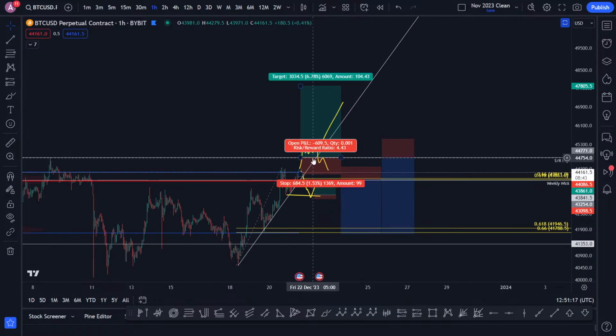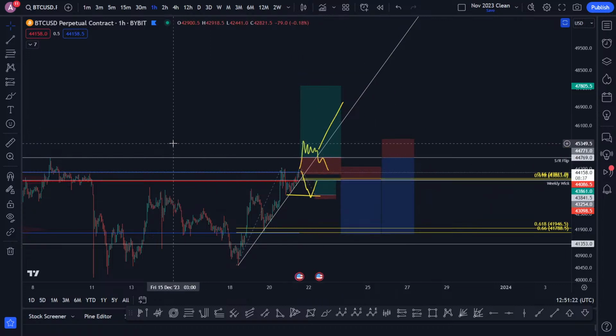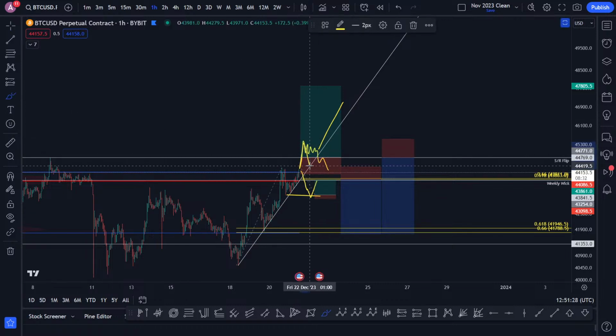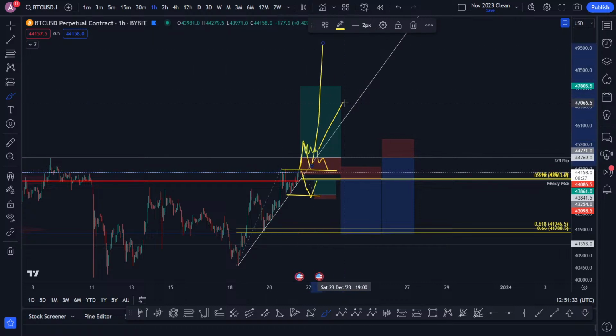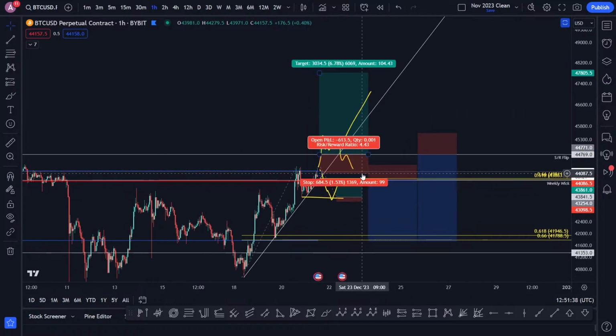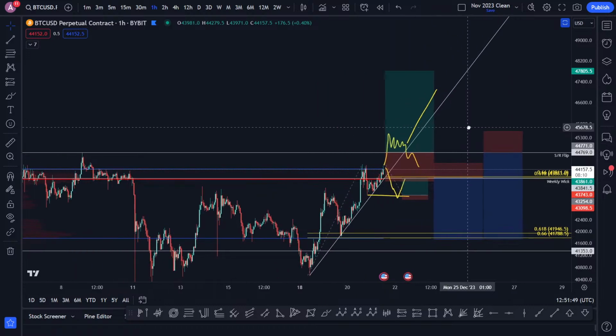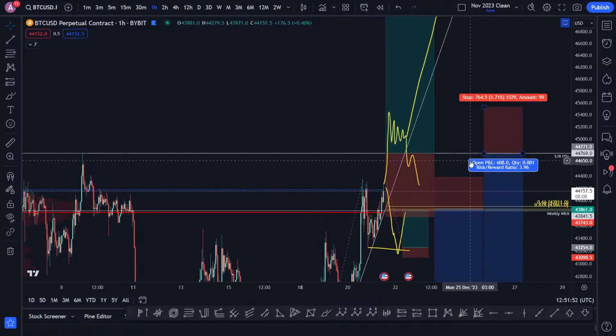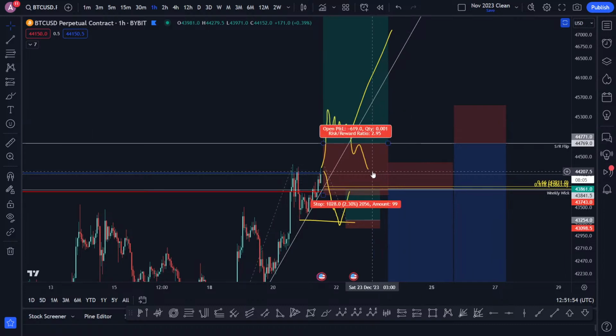If you don't get it, then you could. The problem is this, and I've seen this before, where it comes back down, stops everyone out, just back tests the lower, and then it shoots up. So your stop has to be pretty low. You have to take that into consideration. I would say maybe underneath this point of control to be safe. You have to work that into your calculation,